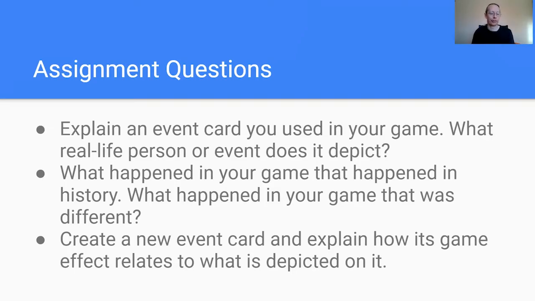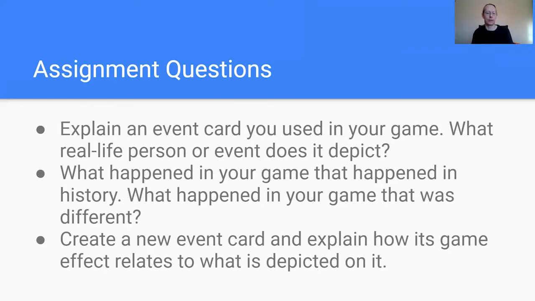So, for example, in 1812, the First Nations faction has a Tecumseh card. When you play that at the beginning of a battle, it forces the American militia to roll their dice before the battle starts, and any results of flee get applied before the battle, because the Americans were terrified of the First Nations and Tecumseh and his warriors because of their ferocity in battle, which partly might have been